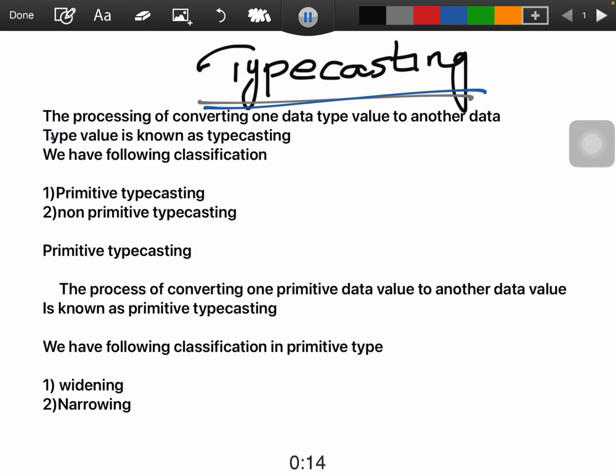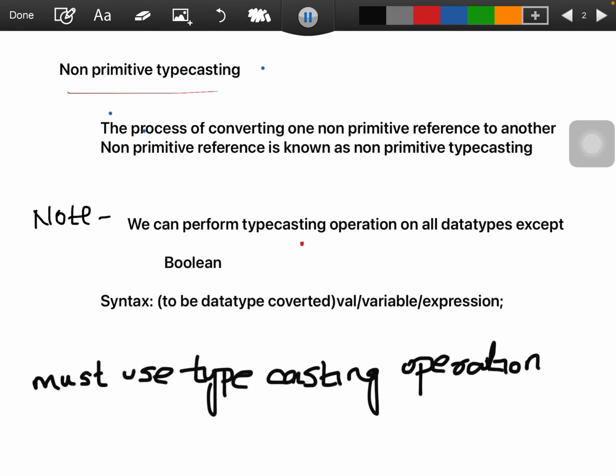First of all, coming to primitive typecasting. The process of converting one primitive data value to another primitive data value is known as primitive typecasting. And primitive typecasting is further divided into two types: widening and narrowing. Non-primitive typecasting: the process of converting one non-primitive reference to another non-primitive reference is known as non-primitive